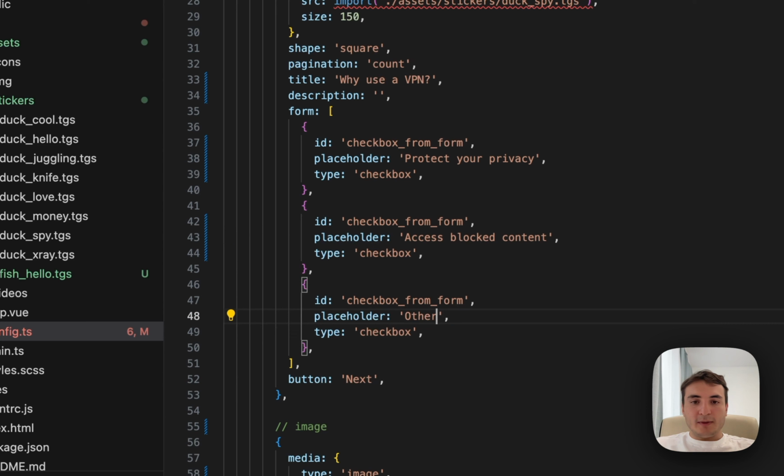And the last one will be the other. And here we also can edit the IDs, the ID names. For example, here let's call it privacy, security, okay. This one is other. And using these keys, after the user completes the onboarding, the bot receives all the data filled in the form,